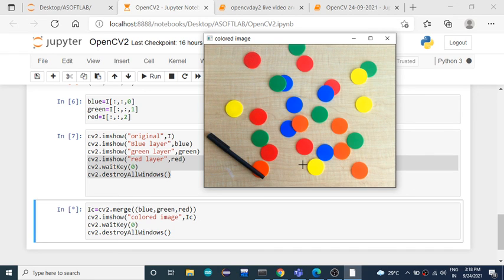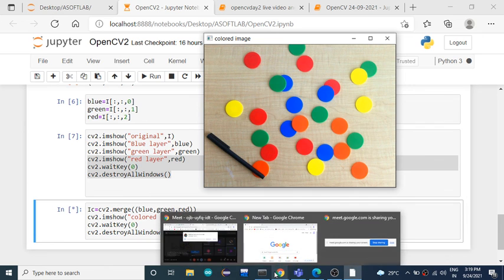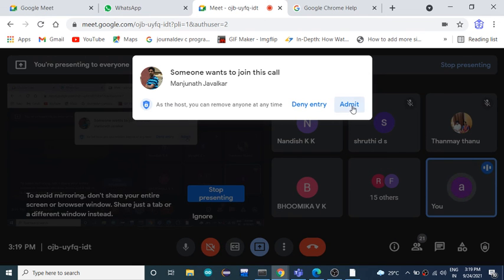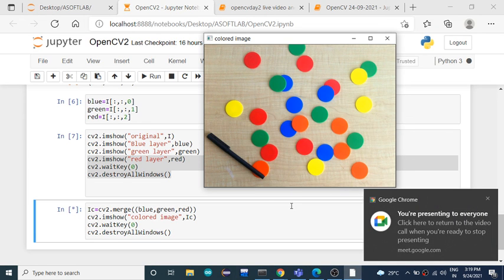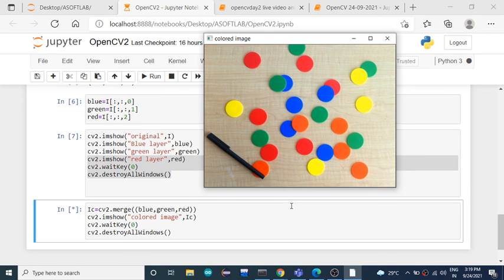So if I want it to be in RGB format, and I don't want to use the cvtColor method here, then how can I change it? This image will be in BGR format. That means first layer is blue, second layer is green, third layer is red. If I want red to be the first layer, green the second layer, and blue the third layer, then how can I do it? Is there any way to do that task without using the cvtColor method? If so, then how can I do it?